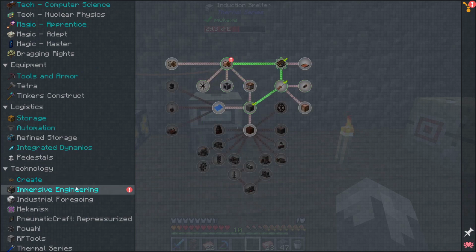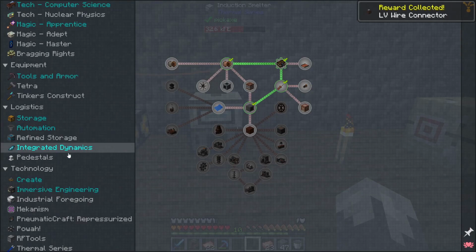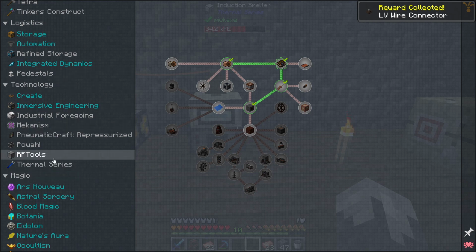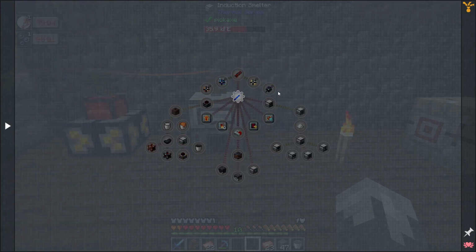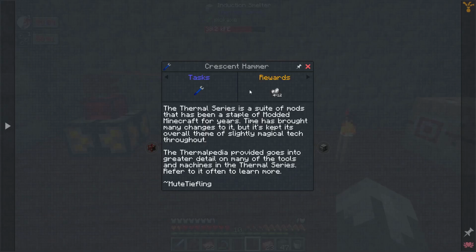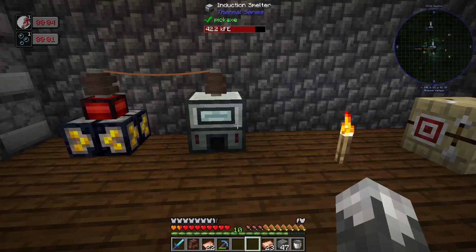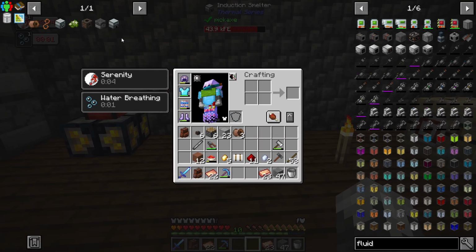We do have another quest down here for the wiring that gives us some more connectors, and nothing here. I thought there was one here. Alright. Never mind. Alright, so now on to our next bit of this, which is going to be, we can get